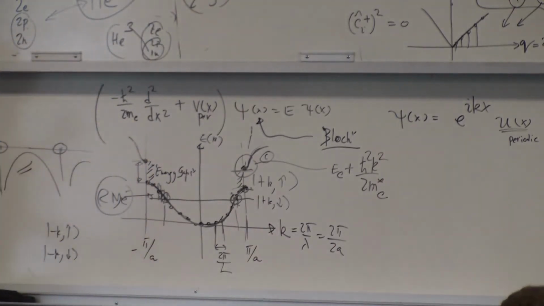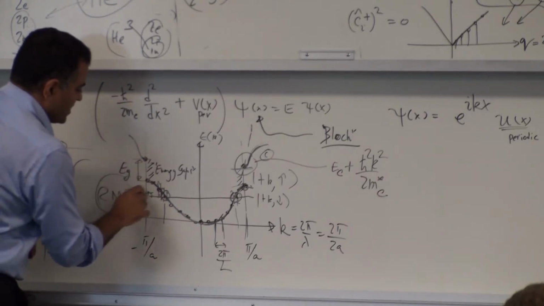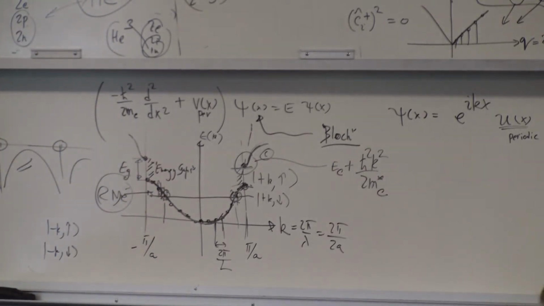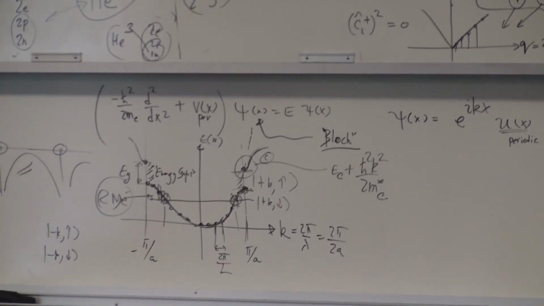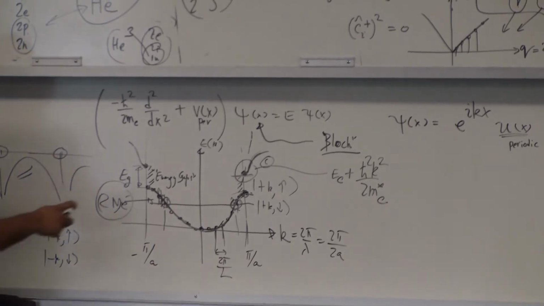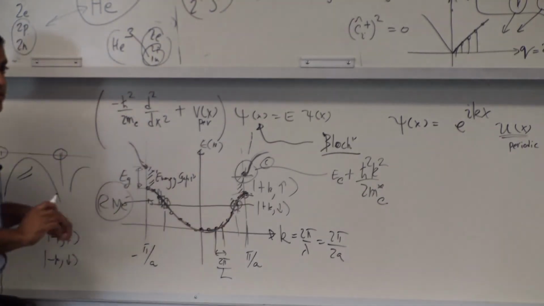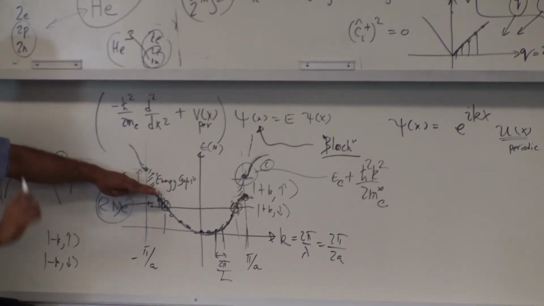If I want to call it the conduction band and valence band, and this as my energy band gap, then maybe I can ask you this question: how many electrons are there per atomic site in this solid? So what should I ensure if this is going to be my conduction band and that's my valence band? One electron per atom. We also have spin.